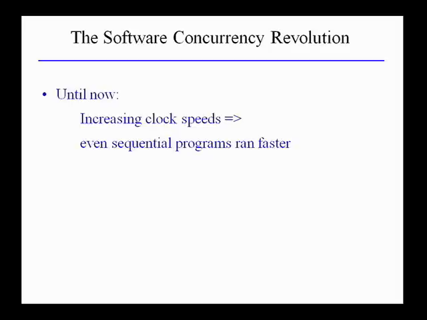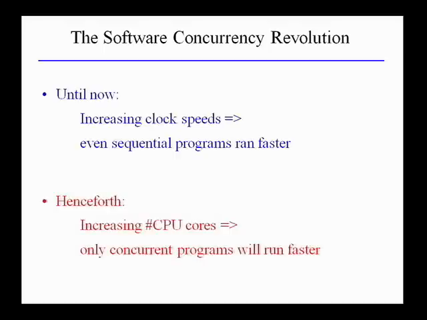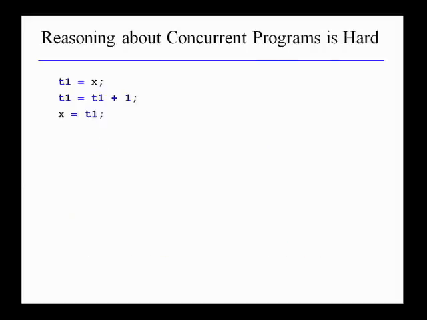As clock speeds kept getting faster, even the sequential programs ran faster. But in the future, the fact that we're only increasing the number of CPU cores means that only concurrent programs are going to run faster. Now, the fact that we do more concurrent programming, or that concurrent programming is an interesting topic,